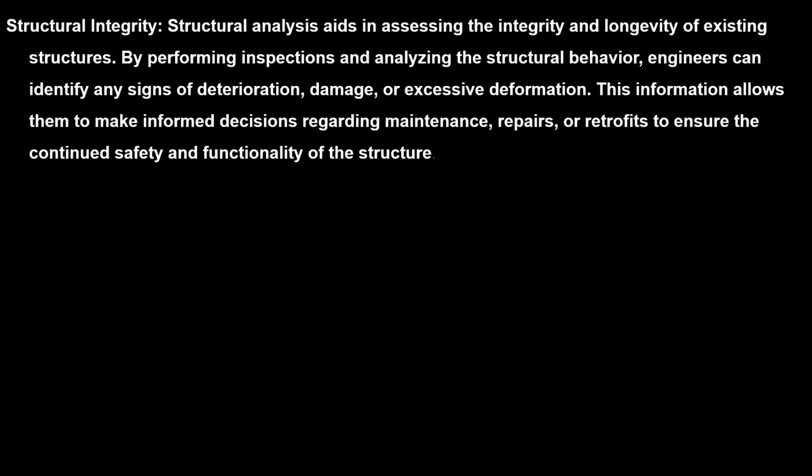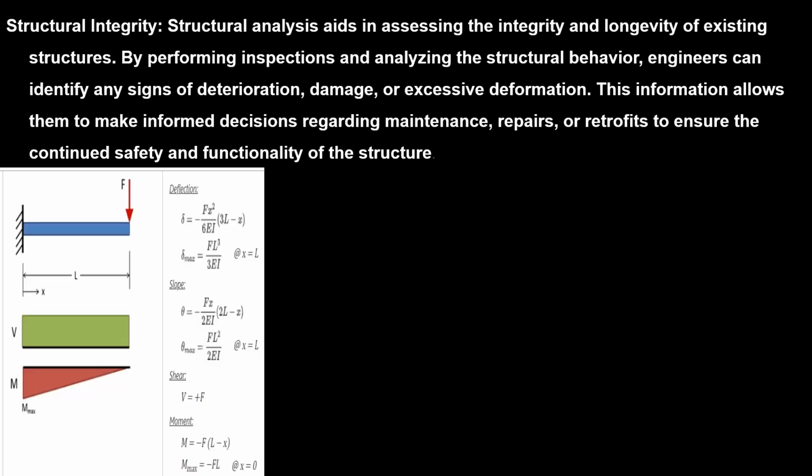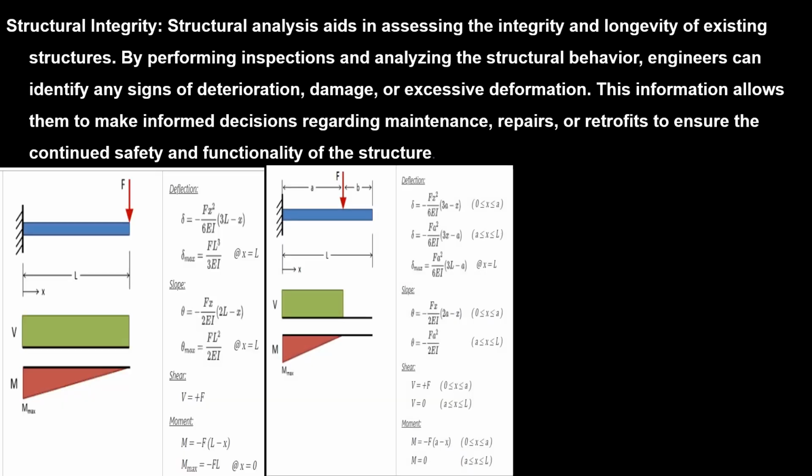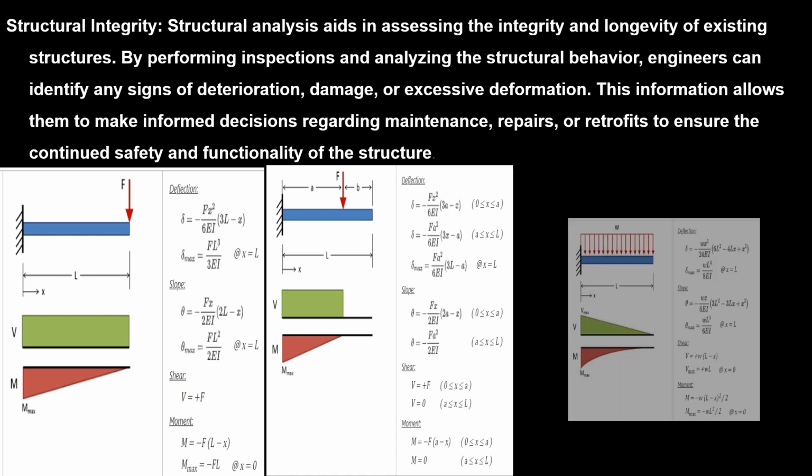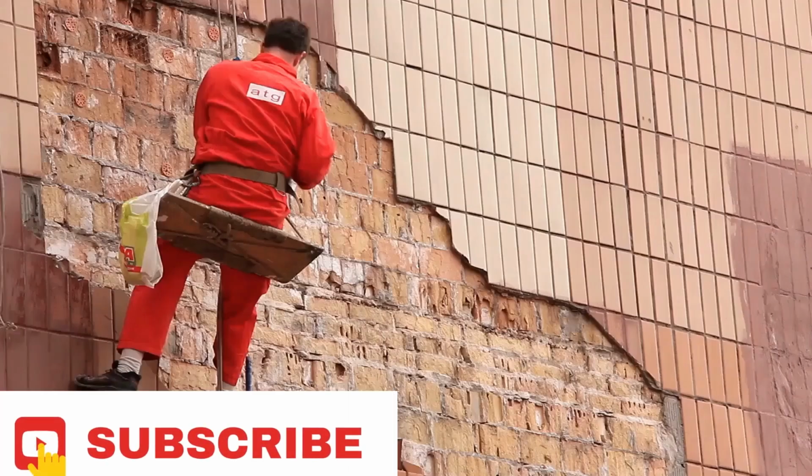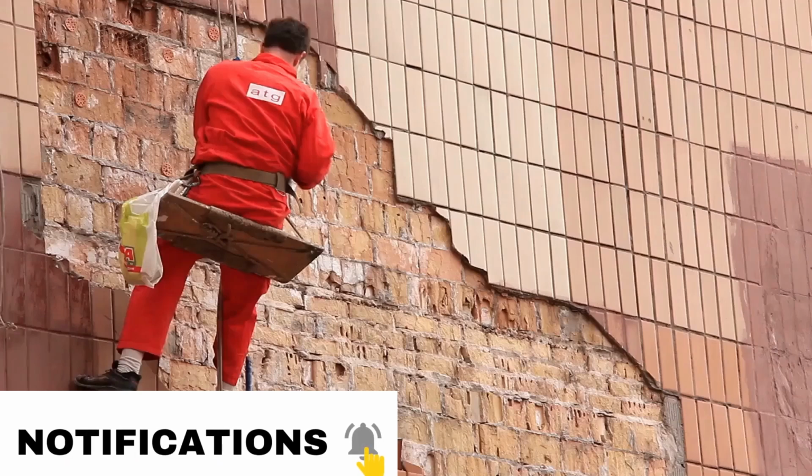4. Structural integrity. Structural analysis aids in assessing the integrity and longevity of existing structures. By performing inspections and analyzing the structural behavior, engineers can identify any signs of deterioration, damage, or excessive deformation. This information allows them to make informed decisions regarding maintenance, repairs, or retrofits to ensure the continued safety and functionality